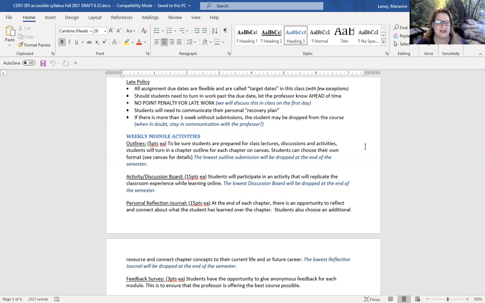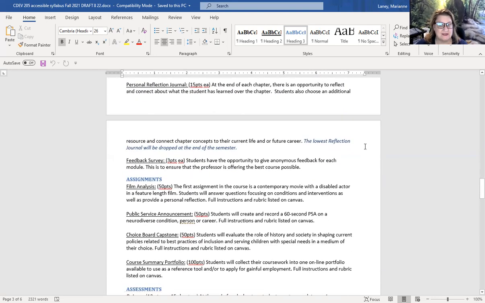And then the last piece is like, how does this apply to you or your life or your job now or your job in the future? So that one's like 15 points. I bumped that up a little bit. Yeah. So if you've taken me before, the reflection journals used to be 10, now it's 15. So it's 5 sentences, 5 sentences, 5 sentences, 15 points.